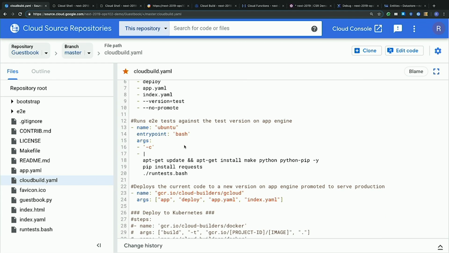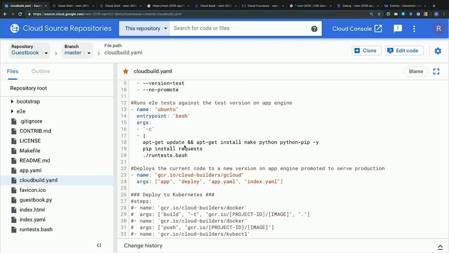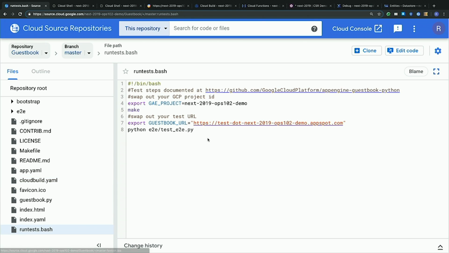After that, if and only if that step completes, I proceed to the next step, which runs end-to-end tests against the test version on App Engine. So here, I'm just using another image that's already stored on Container Registry, which is an Ubuntu image. I'm opening into Bash, installing some prerequisites, and then executing this runtests.bash script. Here we can see I'm just declaring the URL for my test environment on App Engine, and I'm executing the